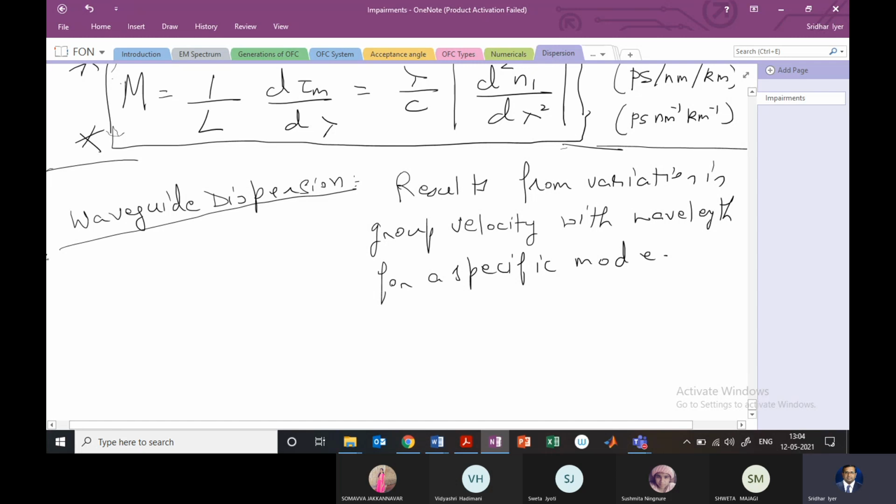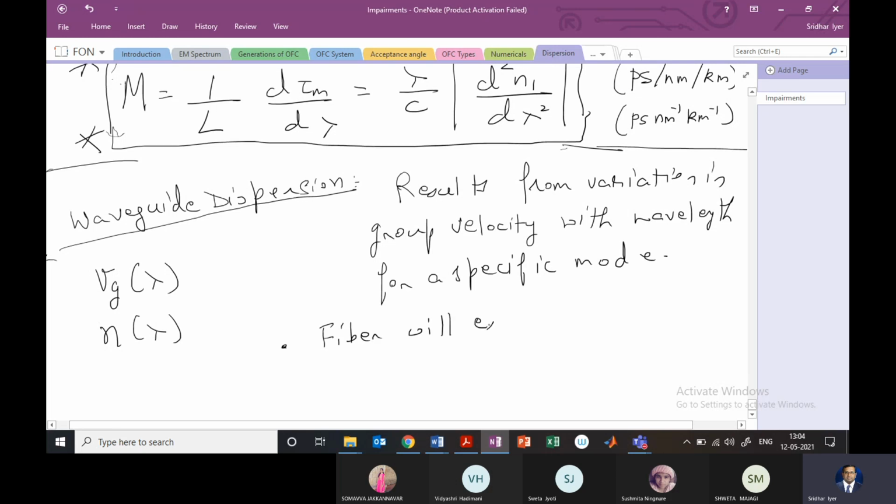So your group velocity, that is Vg, becomes wavelength dependent. We'll see in the derivation for effective refractive index that the refractive index n also becomes wavelength dependent. So the wavelength at which we are operating becomes very, very crucial. The other important fact about waveguide dispersion, so any fiber